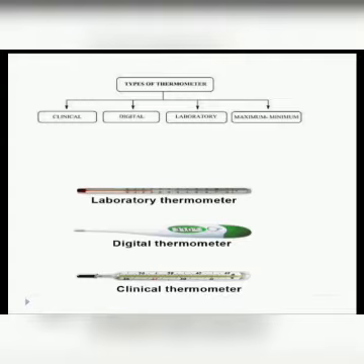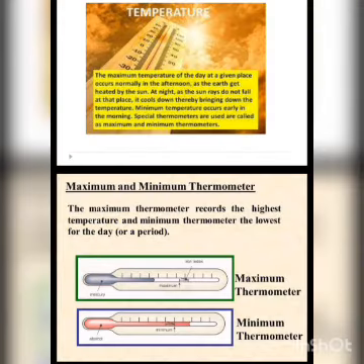One is the clinical, second one is digital, third one is laboratory, and fourth one is the maximum minimum. We have discussed the clinical and laboratory. Today we are going to discuss the digital thermometers. Digital thermometers, as the name indicates, are based upon digits, meaning they were designed to be more accurate than